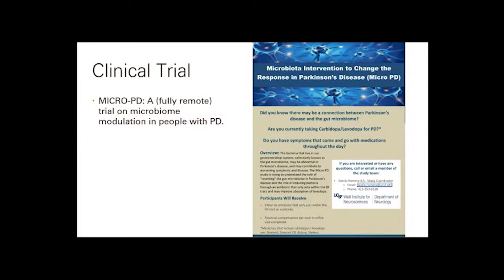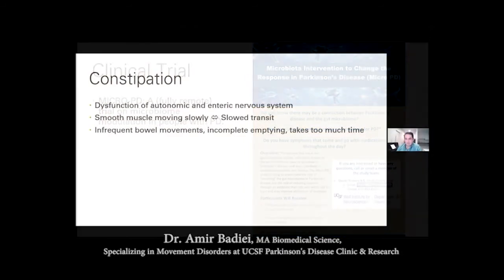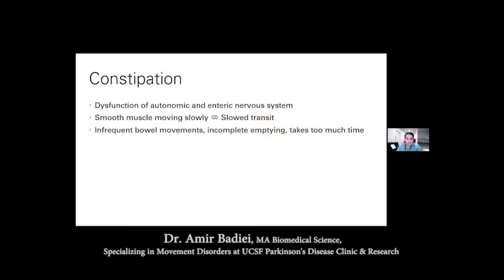But next I'll talk about constipation in Parkinson's disease, which for a lot of people is the most annoying symptom other than the movement issues in Parkinson's. Basically, it's a problem with those. I mentioned the brain, the nervous system of the gut, the one that surrounds